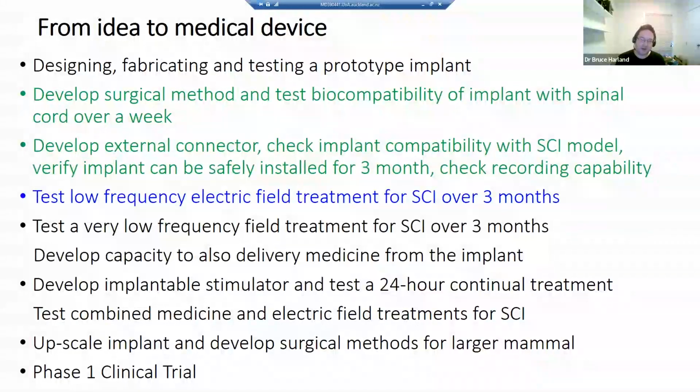This is really a summary slide where I wanted to talk about the process of this research and where I think it's going at the moment, from conception of the idea towards the ultimate goal: we want to develop a clinical device that can be used to help New Zealanders and their whānau with spinal cord injury. At the very top is designing, fabricating and testing an implant. This was done before I joined the team, and the green text indicates